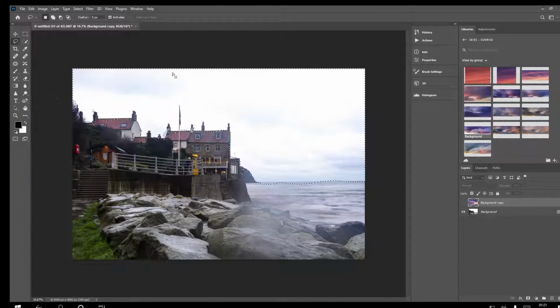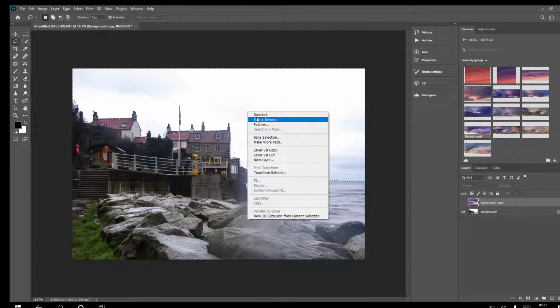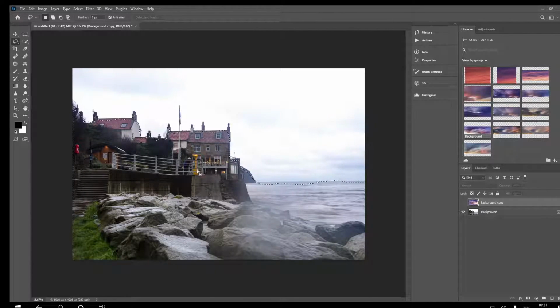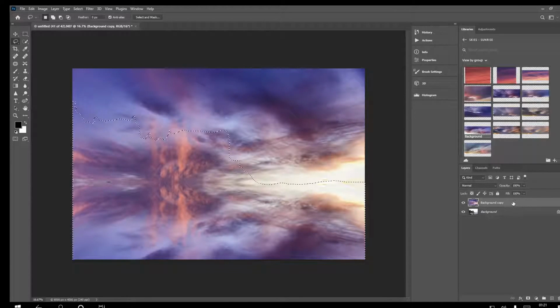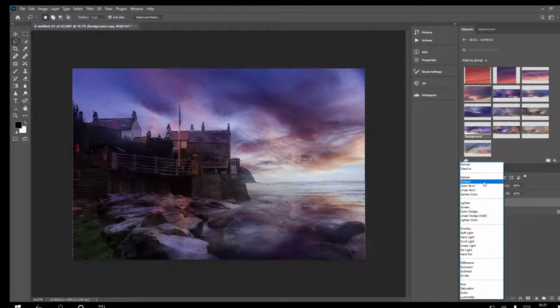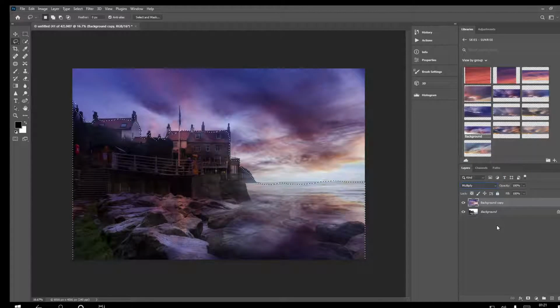So having now selected the sky, I'm going to right click, select inverse, so it's now selected the bottom part of the photo. Now we're going to go back to the sky layer, and the part that's selected is the bottom. So what we're going to do now is choose filter. Oh no, before I start that, let's just see how it looks in multiply. Yeah, see, it's looking very, very interesting now. On the bottom part of the